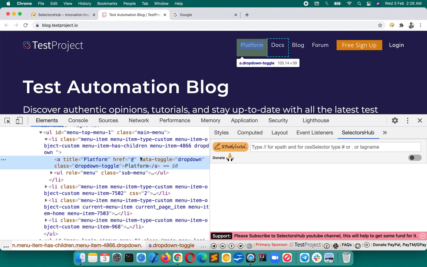Always prefer the one which you feel is unique, not dynamic, and stable. Of course we will not use has, and we will not use dropdown, because again this kind of value could have multiple elements. So this looks unique. What we will do is start with the tag name.